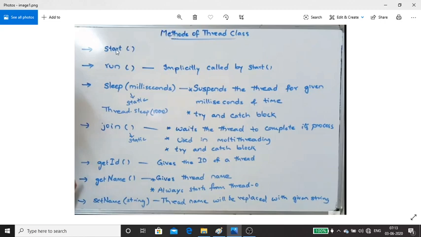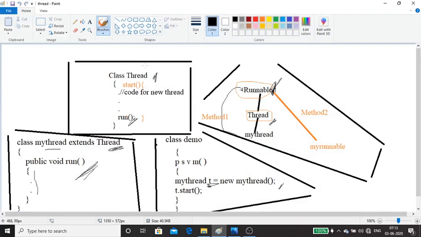The first one is start. I already explained in many previous videos what the use of start is. Start is present within an inbuilt class with the name Thread. Within that there is one function with the name start. Some developer has already written code there for creating new threads. At the end they are calling the run method. Run is also present within Thread, but for that run there is no definition. They are calling it within start, at the end of start.